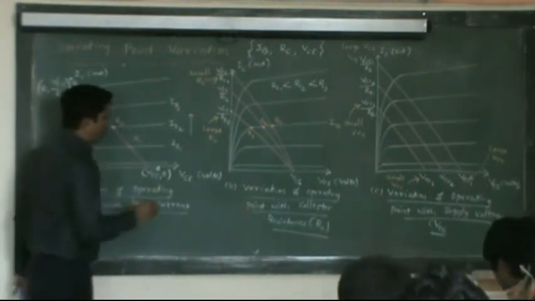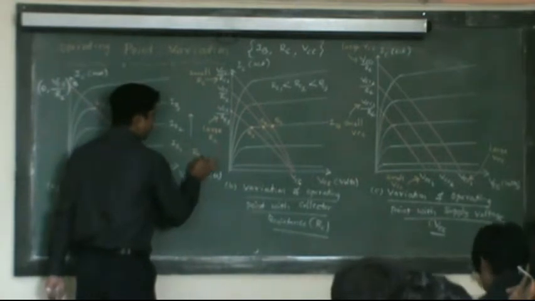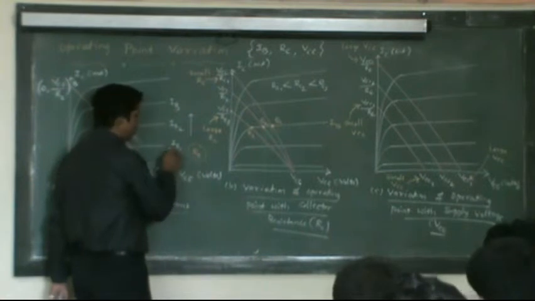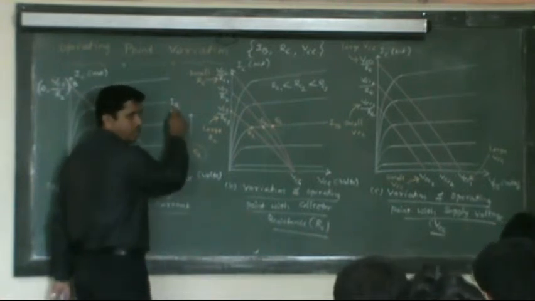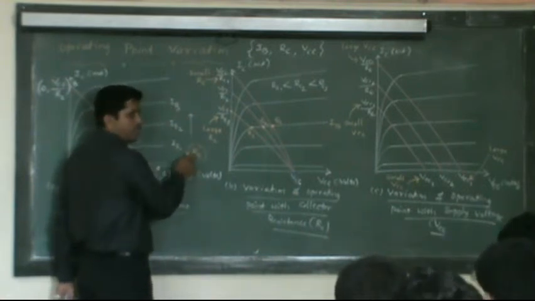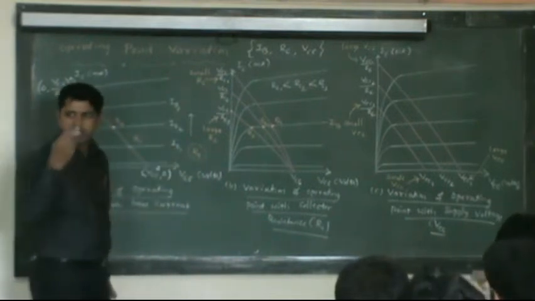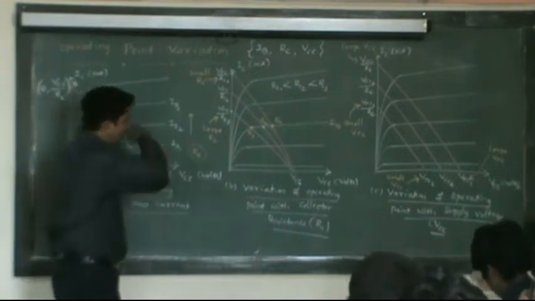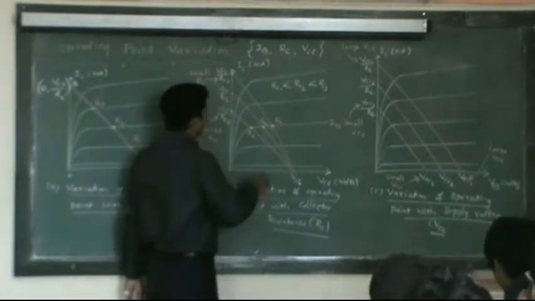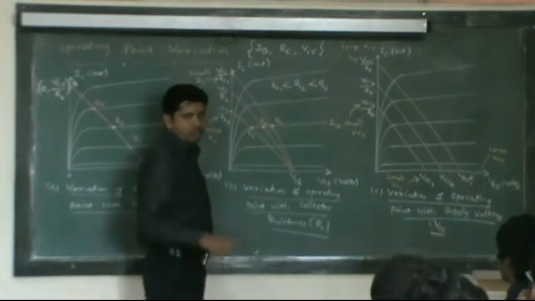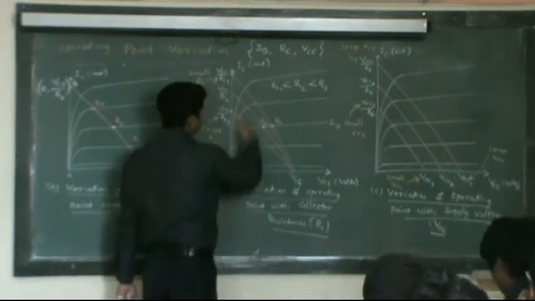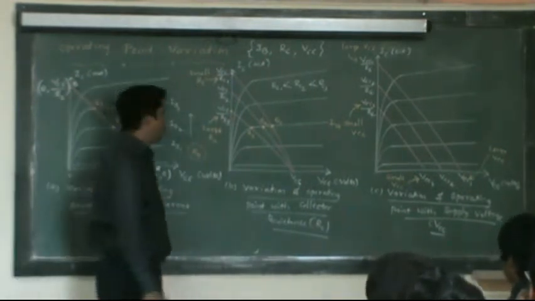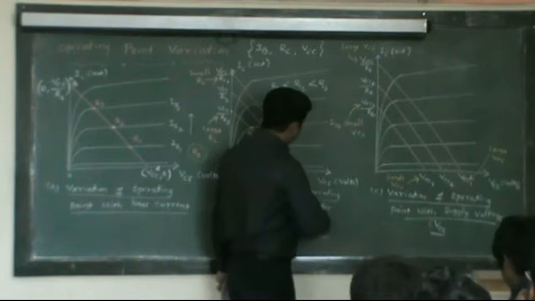Look at the original circuit. Changing RB changes the base current. If you make RB smaller, you get a larger base current. If you increase RB, IB will be very small. Larger the resistance, the current will be small; smaller the resistance, the current will be large. Same way here, what we expect is that RC should be changed. If you change RC, you get a different AC load line, and corresponding to it you get different operating points, Q1, Q2, Q3 respectively, but VCC is fixed.